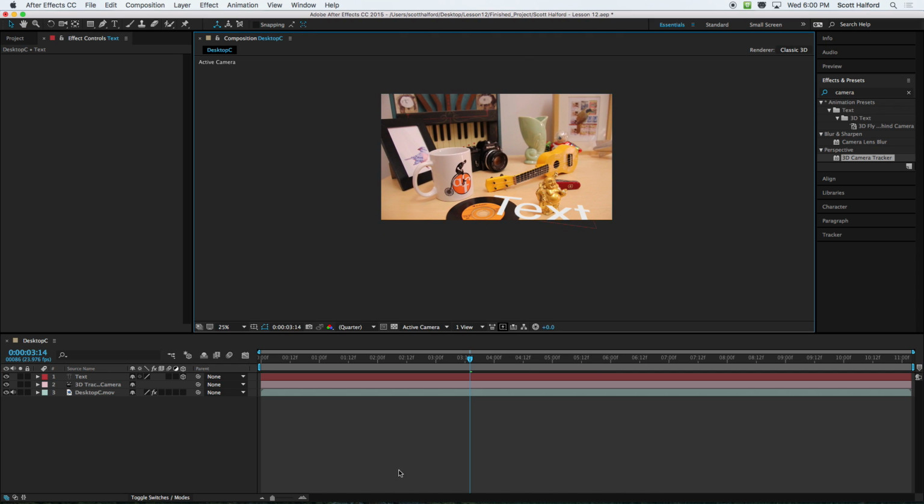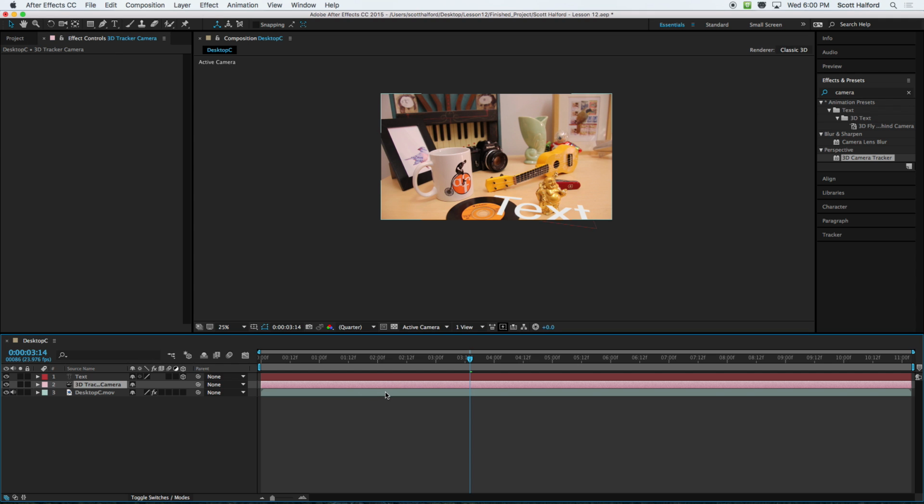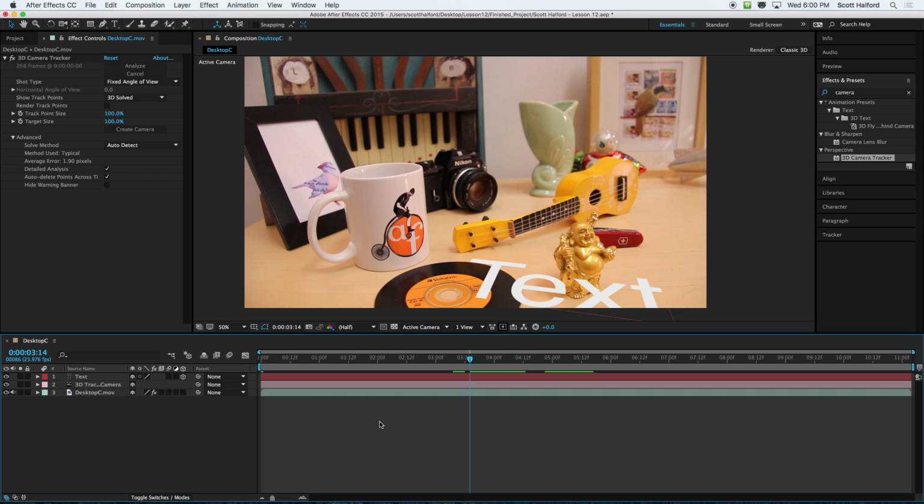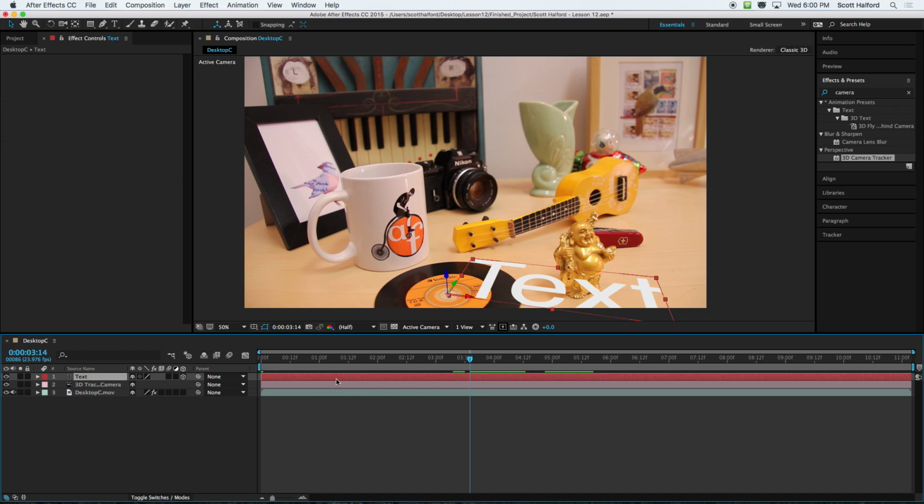It's close enough that right now what I want to do is, right now the text is laying flat on the table, right? Or at least it looks like it is. So we need to have it stand up, and then we'll lift it up off the surface of the table. So thinking about rotation and position, what would I need to do to get this text to stand up? If it's laying flat on a horizontal surface, then what would I need to do to the rotation to make it stand up straight? Yeah, I would need to rotate it on the X value, because X is the horizontal